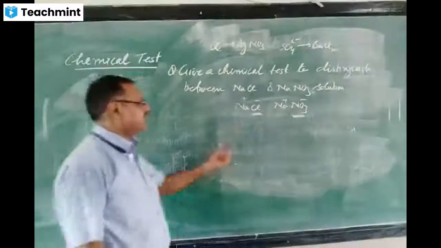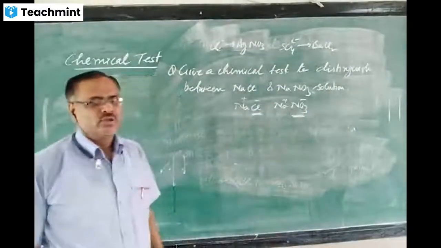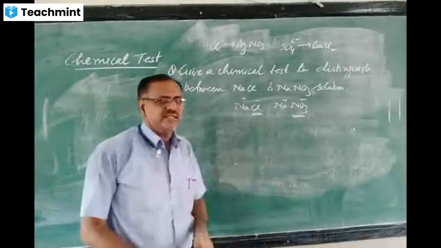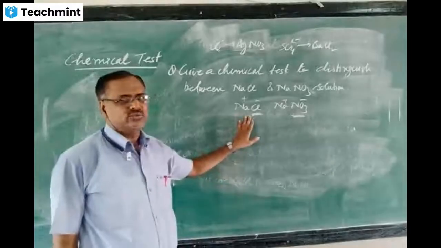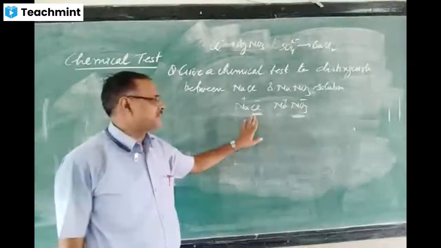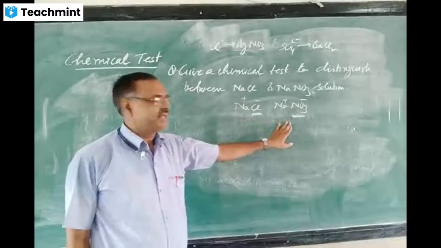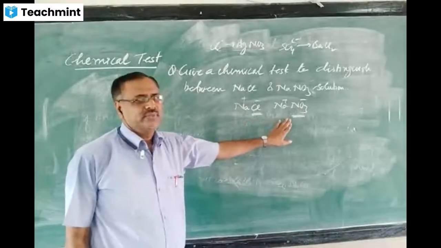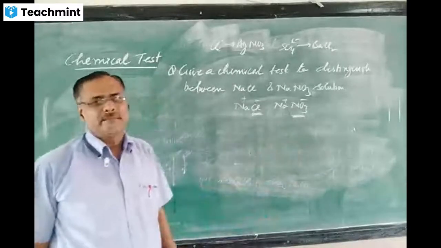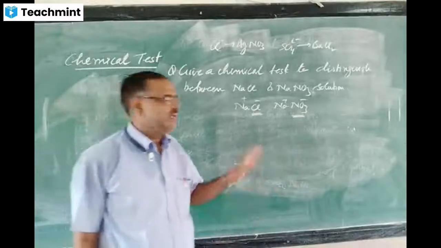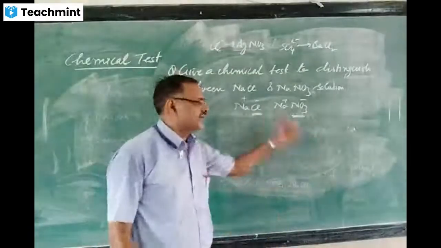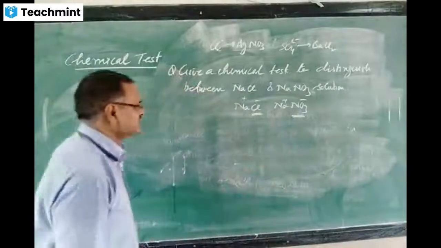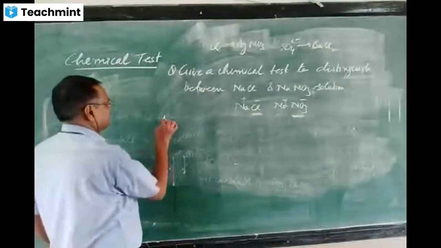So here you are correct that the anions are different. So I suggest you use the reagent silver nitrate. When silver nitrate is added in sodium chloride, you will get a white precipitate, but when silver nitrate is added in sodium nitrate, no precipitate is formed. And if you are using barium chloride, it will not give a precipitate to either NaCl or NaNO3. So note down the answer of this question.